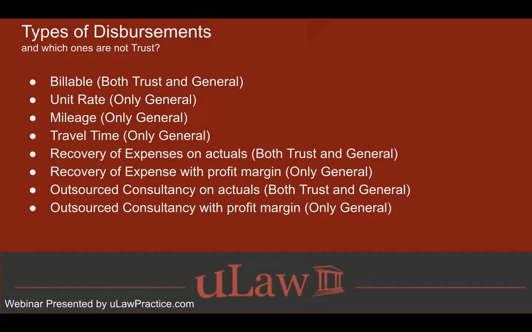We'll walk you through an example when I am on uLaw, but ensuring that you follow the expense, like how it was spent, how it got paid, how you are treating it is really important for you to record it as an expense into your books of account, or as a disbursement. So we always recommend you to follow your expense. So when you follow your expense, you know how it was actually spent for and how you want to record them into your books of account. The billables, both trust and general can be used. Unit rate, only general.